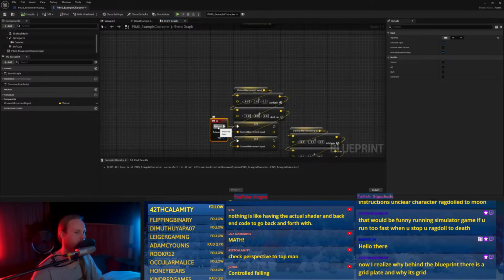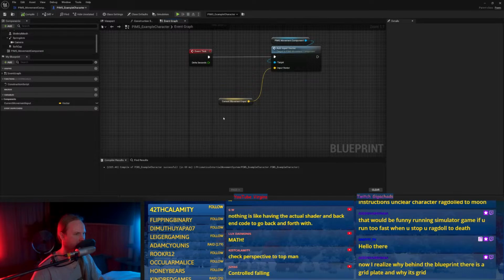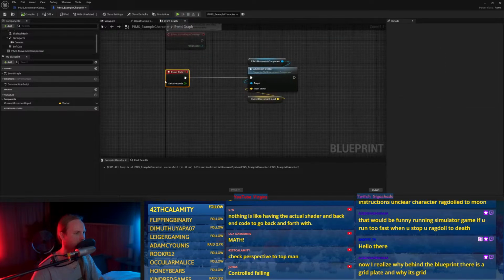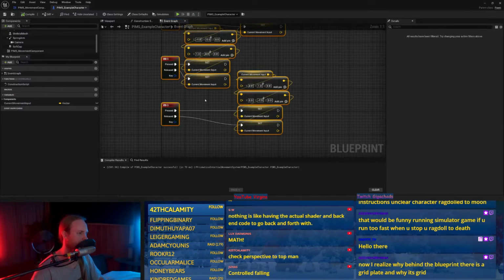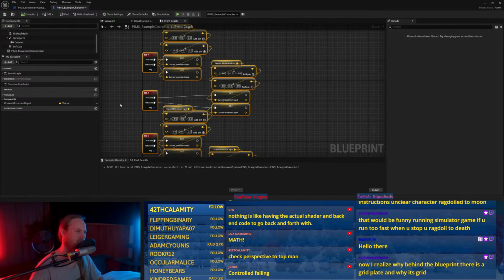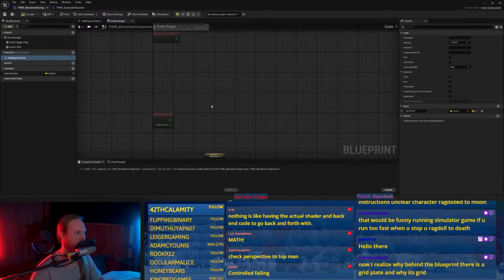Surely inputs get called at the start of the frame. No, but we can't. What if we just do all this inside the movement component, rather than funneling it through the character? Because I can literally just do...